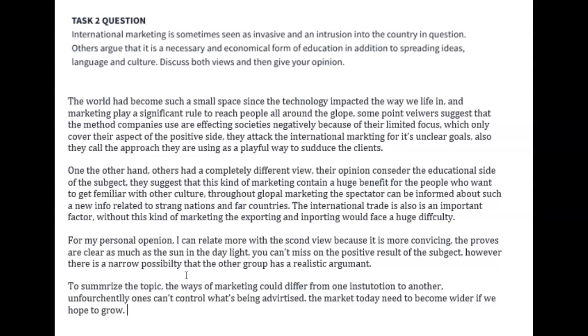Here's what you wrote. "The world had become such a small place since the technology impacted the way we life in, and marketing play a significant role to reach people all around the globe. Some point viewers suggest that the method companies use are affecting societies negatively because of their limited focus, which only cover their aspect of the positive side. They attack the international marketing for its unclear goals. Also, they call the approach they are using as a playful way to seduce the clients." Okay, so